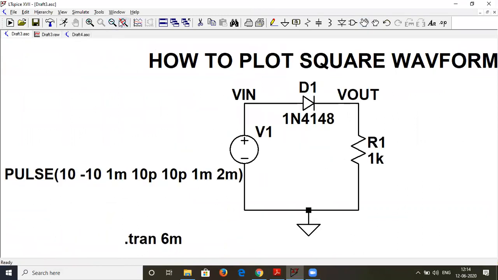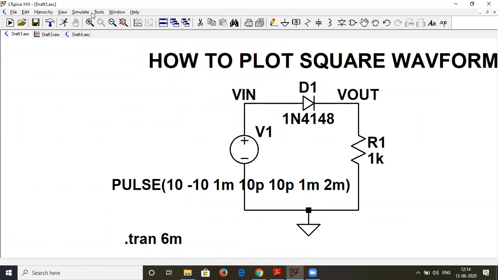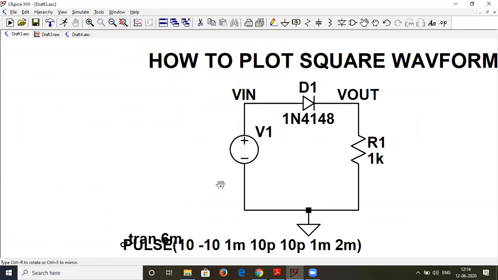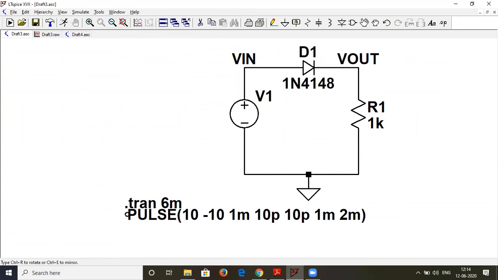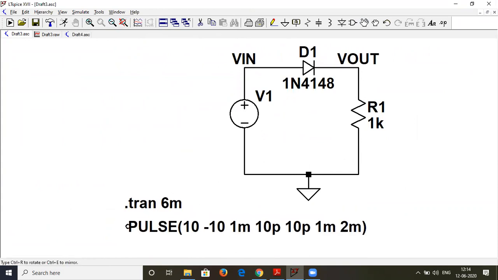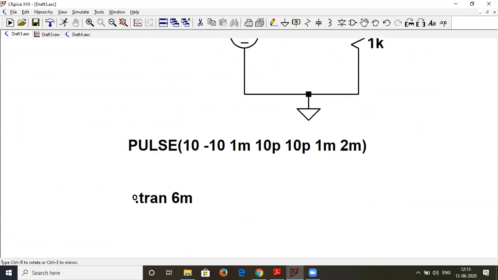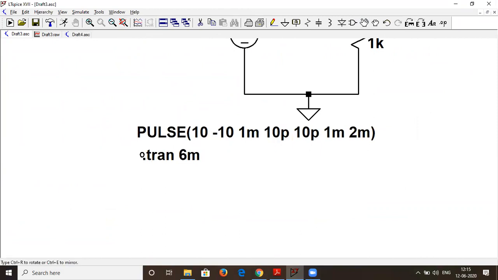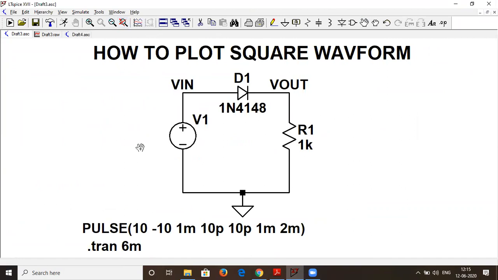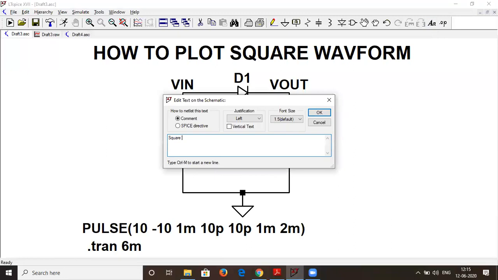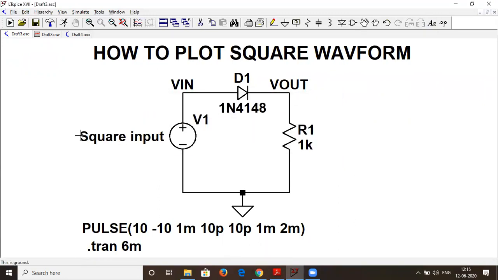Okay. Because see this way, I think you can include this a little inside. It will do, and or else you can include it down also. It will also do. Okay, below the circuit like this. Okay, sir. So just avoid it. And just you can add here as square input. So you can go over here and type square input over here like this. Is that fine now? Is your doubt clear?